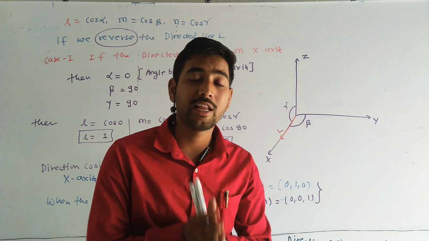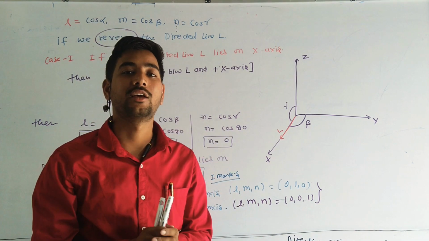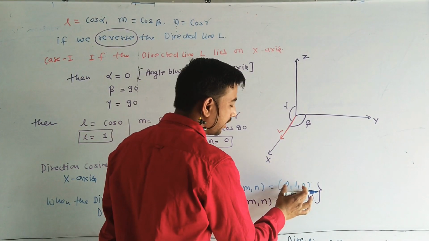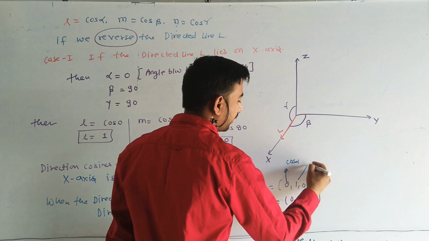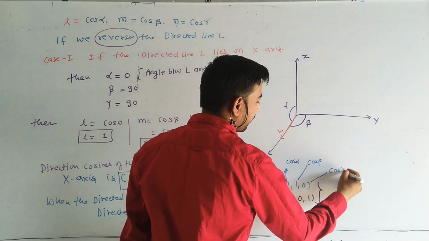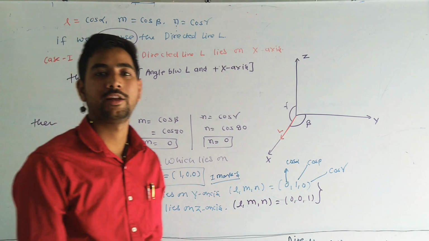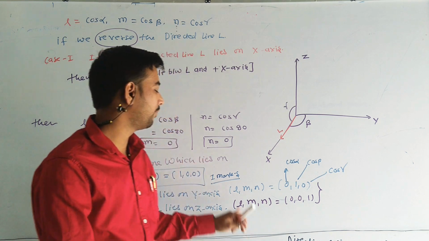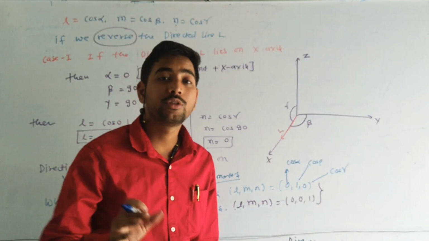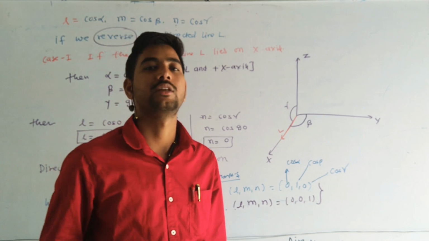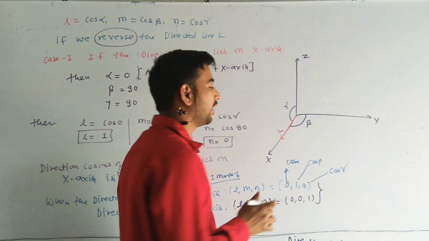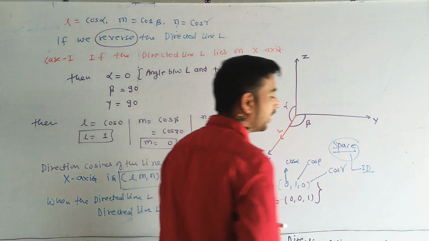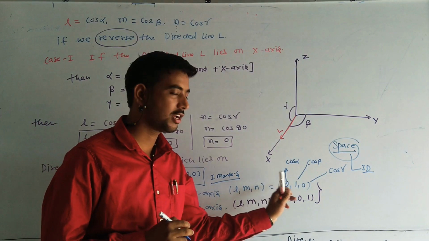So we can find the direction of the line, where the line lies, with the help of the L, M, N values. If the L, M, N values are given, then you have to compare with cos alpha, cos beta and cos gamma, and you can find the position of the line. With the help of this one concept, you can find the position of the line in space. I am using the word space because to represent 3D we need a 3-coordinate space.